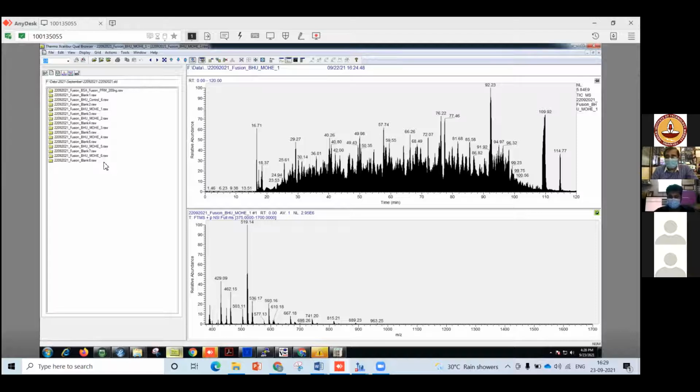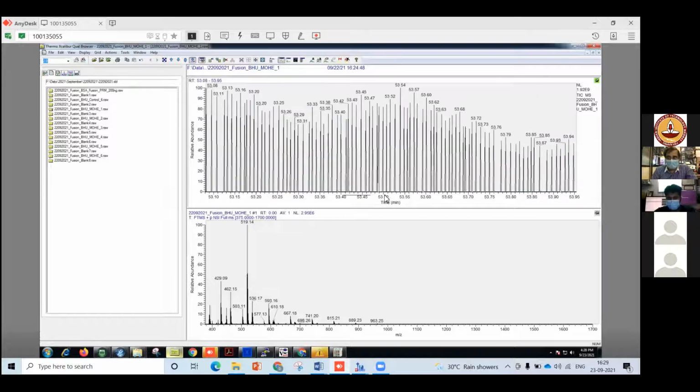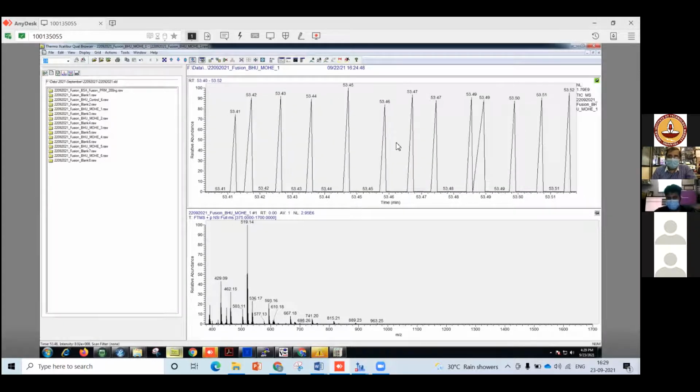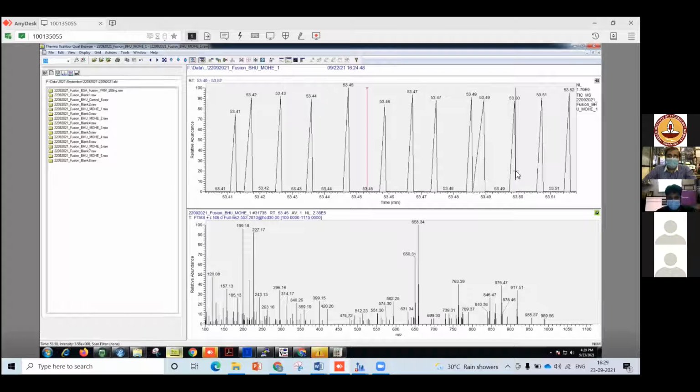And intensities are also pretty good, which should ideally be e to the power 9 or e to the power 10. And ideally, you'd like to see how many MS fragmentations you are getting. So if you click on one of these MS data and look at whether you are getting sufficient, 8 to 10 MS fragmentations, that will again give you a good idea. You can see the MS fragmentation in the zoomed-in panels here. Just visually, this type of information you can obtain.